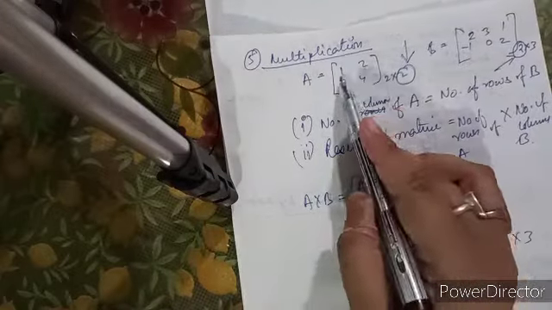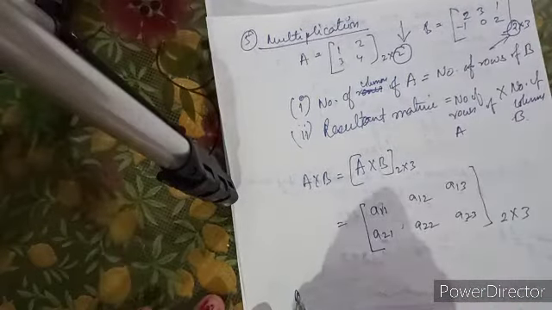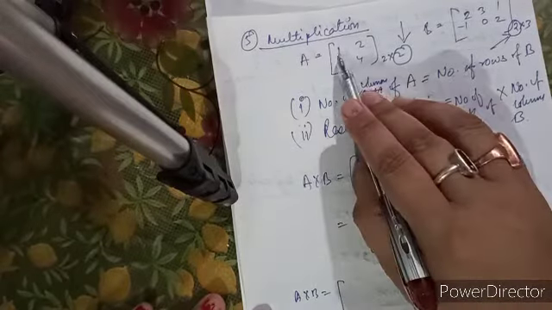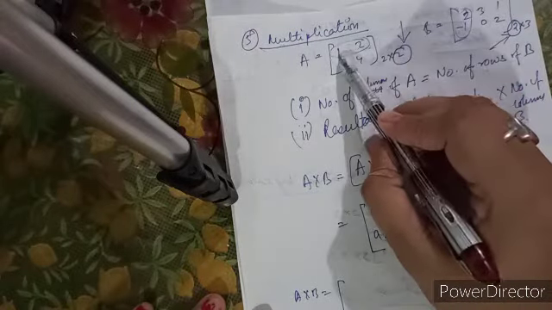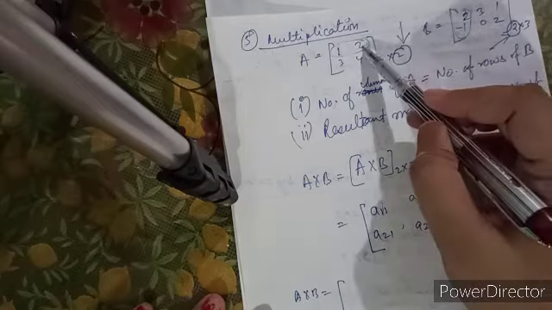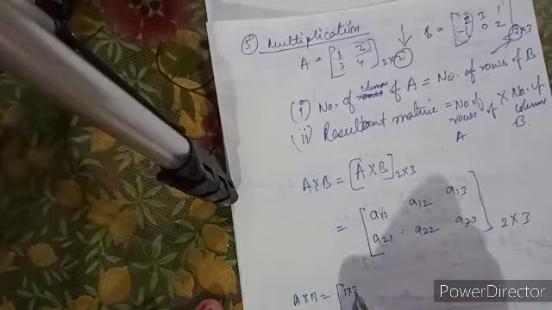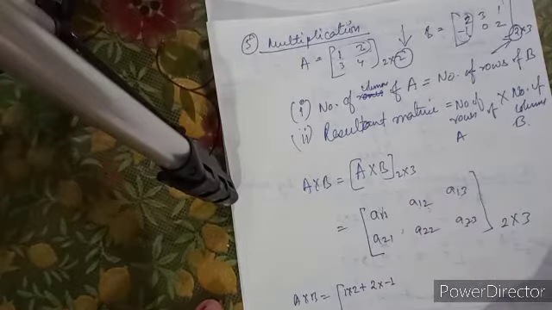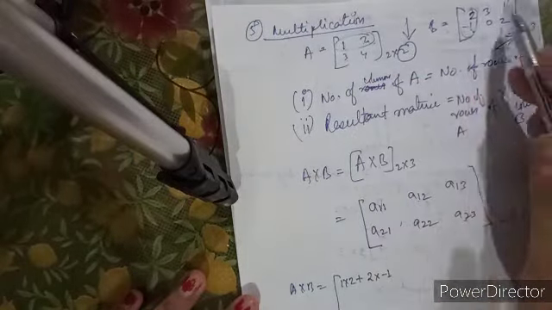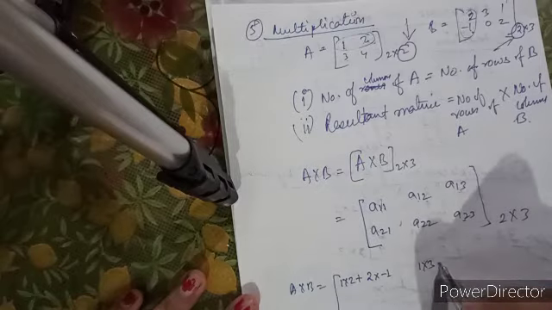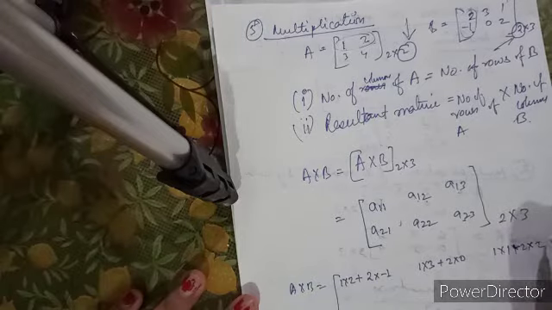So A11 means the first row you have to multiply with what? The first column. So how will you write here? A cross B. First row means this part, you have to multiply with this part. That means the first element should be multiplied with the first element, and the second element with the second element. So 1 into 2 plus 2 into -1. This will be your A11. Next A12. The row will be the same, now you multiply the column. That is 1 into 3 plus 2 into 0. Next, 1 into 1 plus 2 into 2.